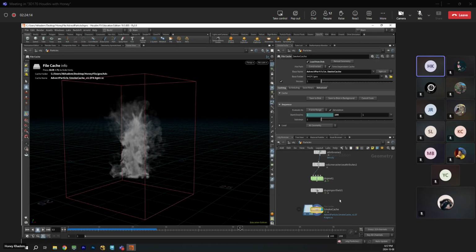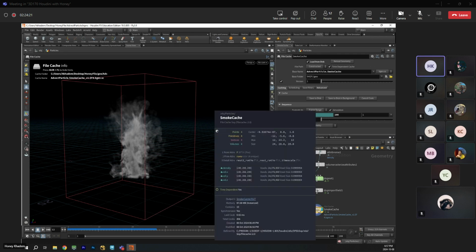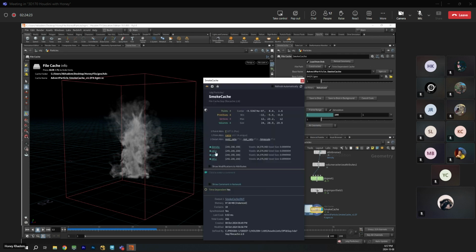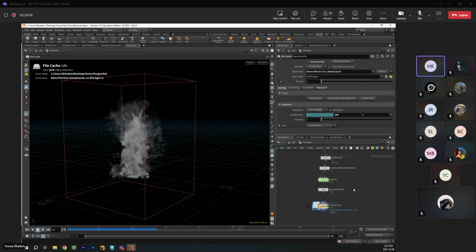And look, if I right click on this, density, velocity, density, velocity, and velocity is a vector, density is a float. Okay. So we have velocity, density. Now, here's the fun part.